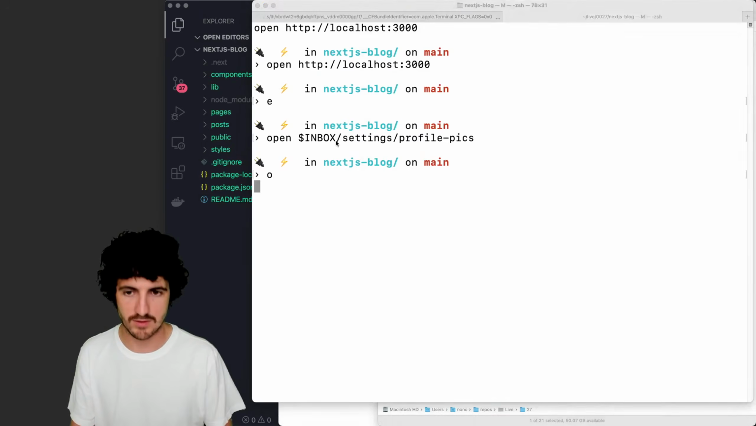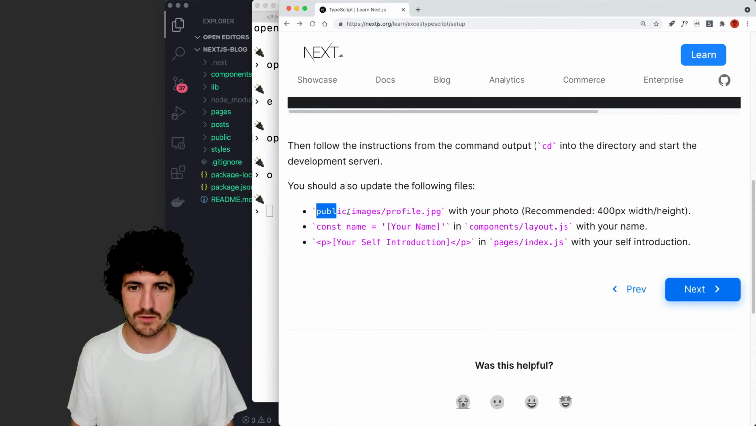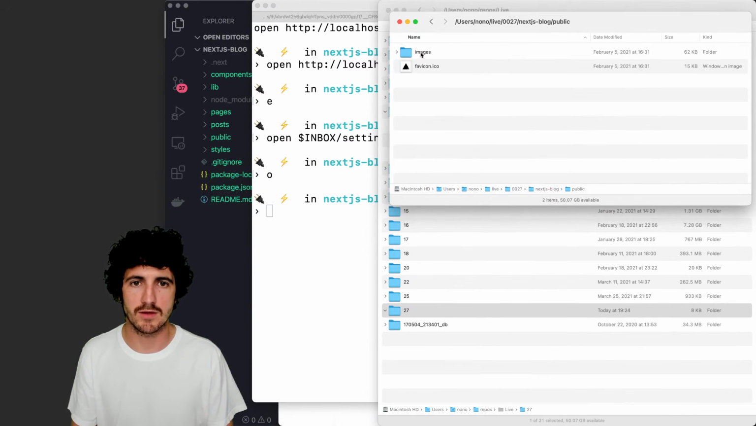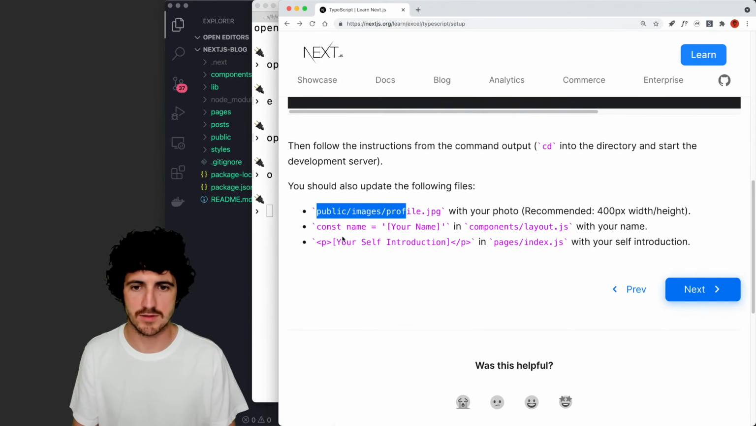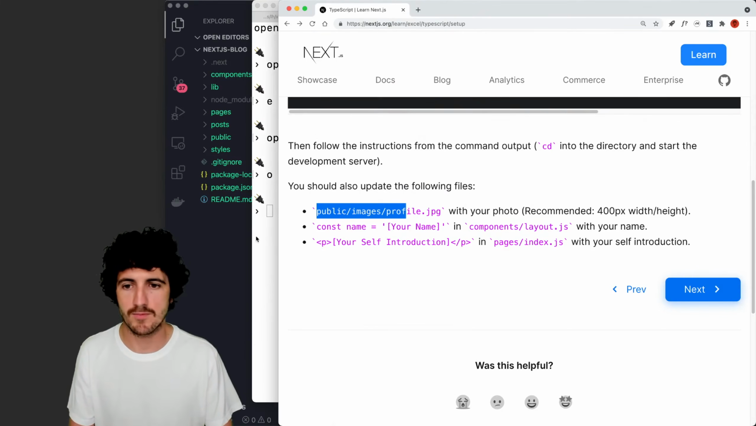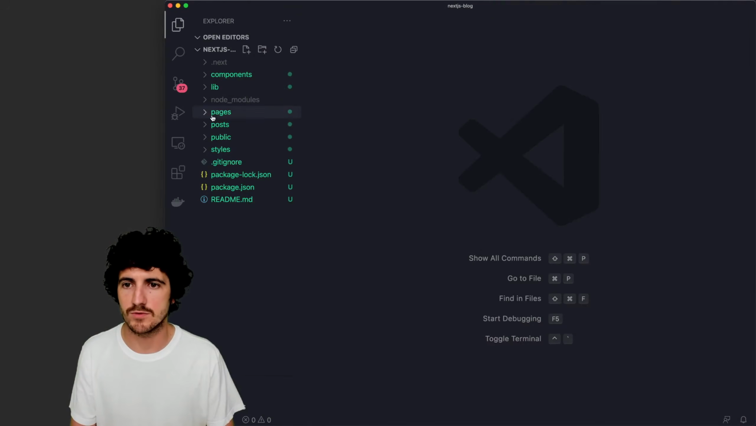This one. So that should be on public images profile, public images profile. What else? Constant name, your name. Cool. So const